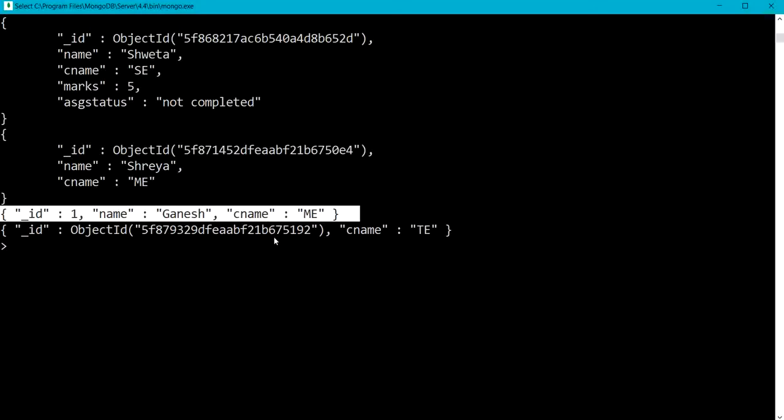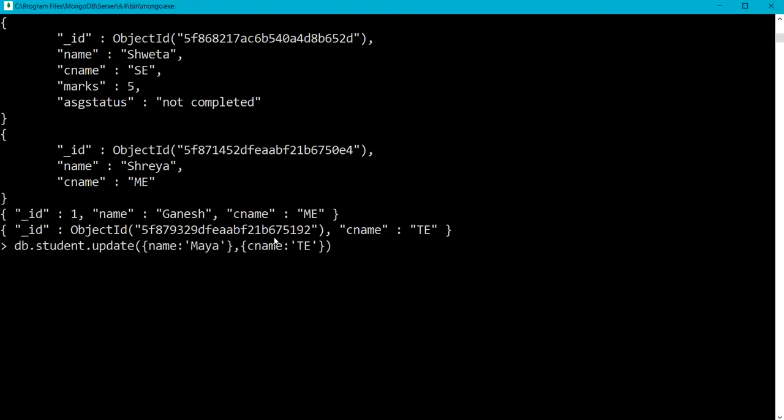Already I am having the values name as Ganesh and class name as ME. So let me use the save method, db.student.save. Here I need to specify underscore ID as 1, which is already present in my collection, comma name.